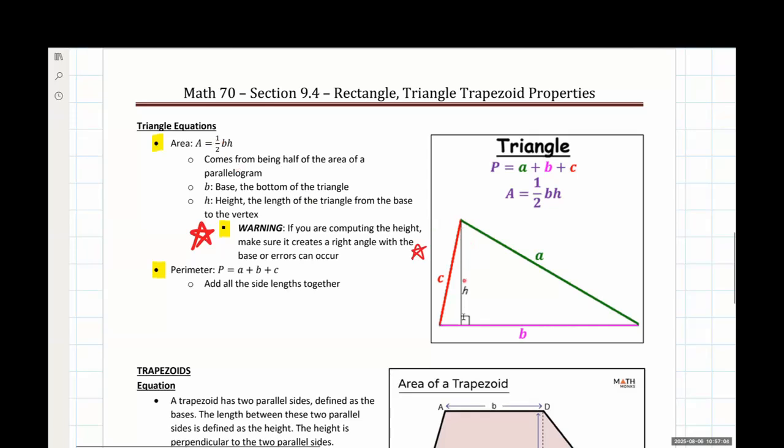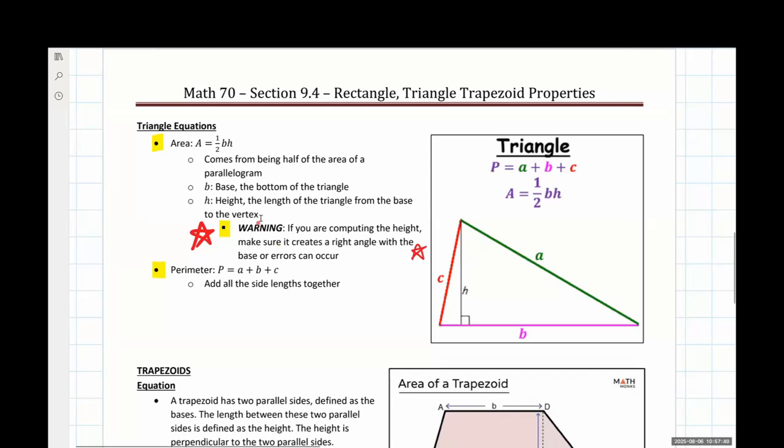So the height is the vertical line with a right angle in it. The side that it touches is going to be the base, and that is what I'm going to plug into my area equation. It might seem a little nitpicky. It might seem like, couldn't I just use anything if I wanted? Unfortunately, no, we cannot. That's just not how it works to calculate these things. We will probably end up getting answers that are close to the final answer, but not exact, and therefore we're getting wrong answers at the very end as well.